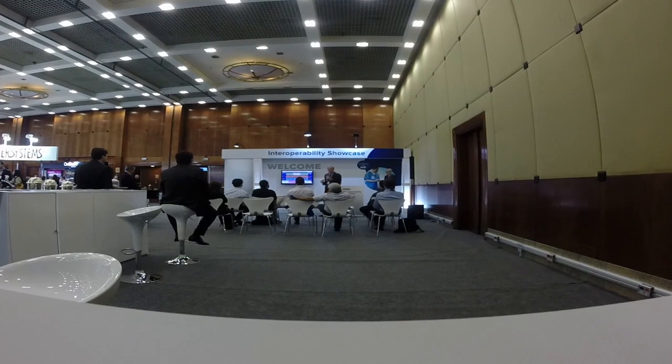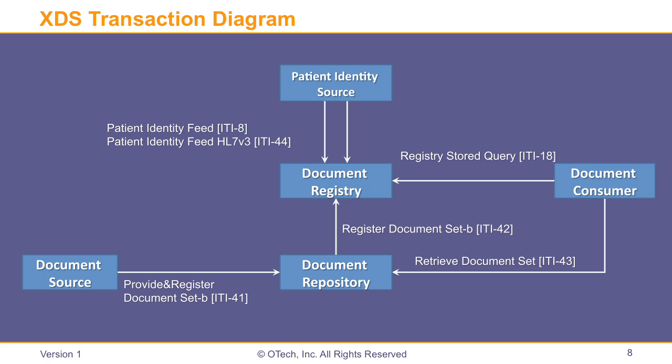Now technically, what's happening, there's a set of defined commands going back and forth. What are these defined commands? Well, if you look at this slide, the commands are defined by the IHE technical framework. So let's take one example. The provide and register document set from the document source to the document repository is done with the transaction called IHE-41. Now, if you go to the IHE website and download the IHE technical framework, there's a document called Description of Profiles, and there's a whole set of documents on transactions. So if you look at transaction 41, it will tell you exactly how to register. The same thing with the register document set between the document repository and the registry. There's an IHE-42 that tells you exactly how to register, and so on.